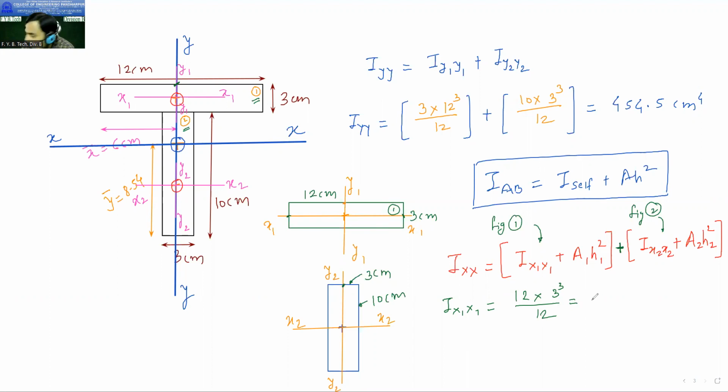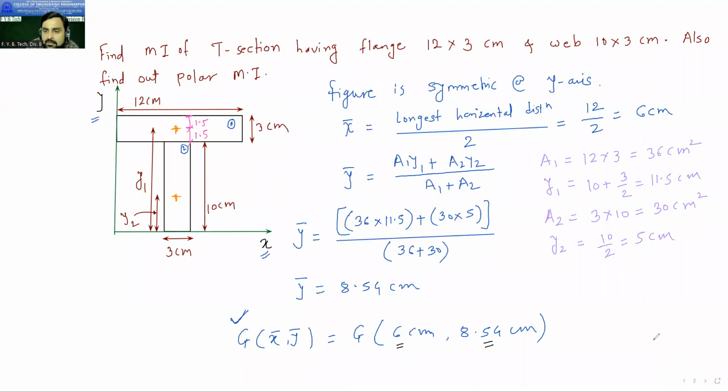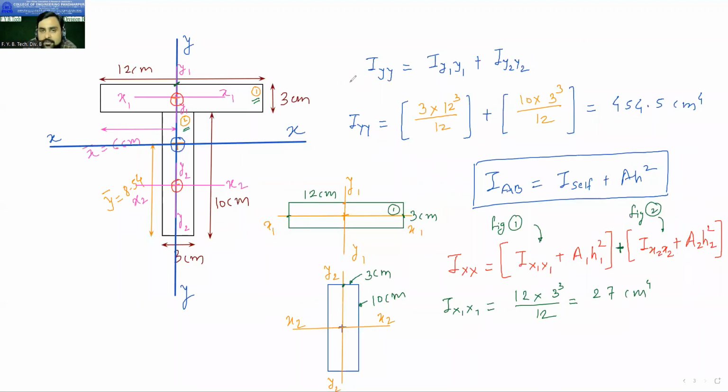27 centimeter raised to 4. Now A1 तुम्ही कॅल्क्युलेट केलेलंच आहे ना ऑलरेडी. इथं आहे बघा A1 ची व्हॅल्यू. Okay, A1 we have already calculated. Now what is remaining? H1 राहिलं ना. X1 आपल्याला मिळालं. A1 ची व्हॅल्यू आपल्याला ऑलरेडी माहिती आहे, आपण आधीच कॅल्क्युलेट केलंय. Now H1 is remaining. So I will write here H1 is equal to